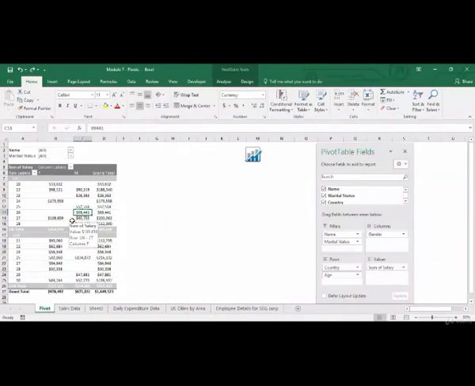The case study has data for genuine and fraud customers. All you need to do is analyze the data using a pivot table and try and identify a segment where the fraud customers are present. And once you are through the case study, if you have any questions or any queries, just drop me a note.